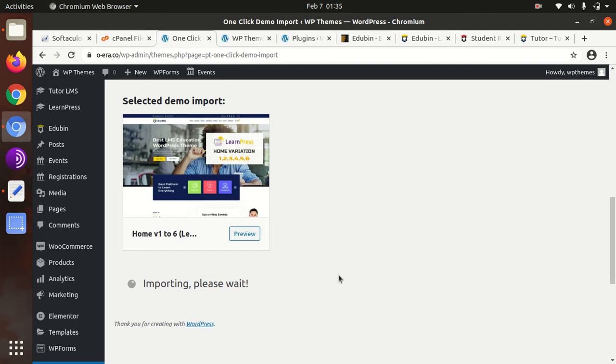It is a necessary activity, and just in case you get an error, the screen returns an error, check your core server web vitals, whether it is compatible to import all the demo content or not. So you need to check the site health section of the tools in WordPress,